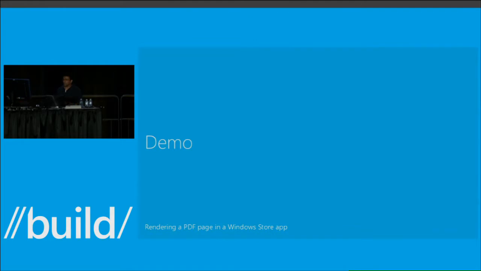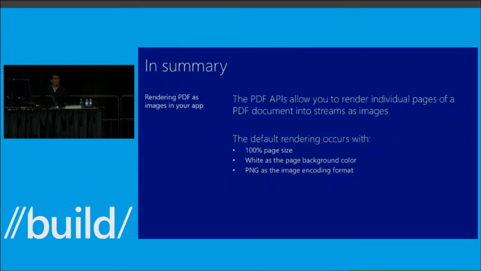There, we have the first page of our PDF document rendered in our store application. So it's really as easy as that.